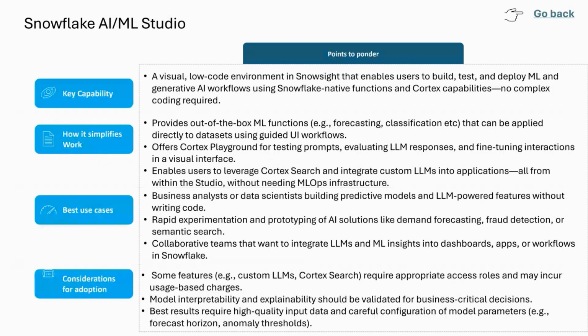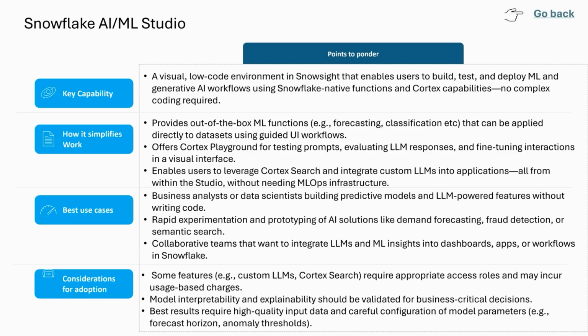The next one, again, is one of my favorite things that was introduced recently: AML Studio. It is a low code visual graphical UI available within Snowflake that allows users to build, test and deploy ML models and generative AI apps within the Snowflake ecosystem.